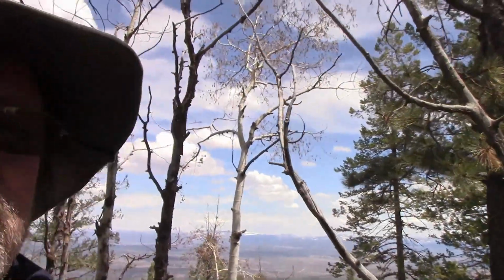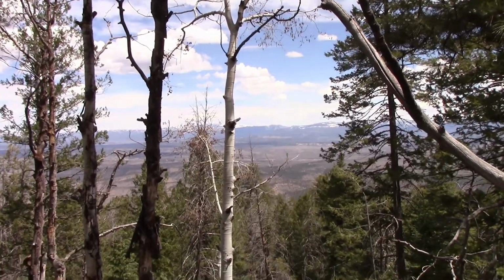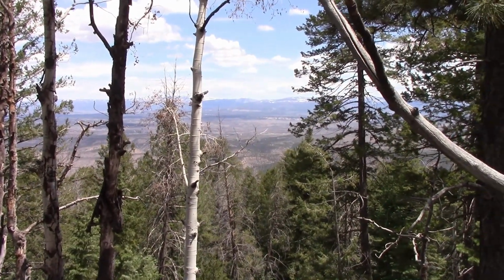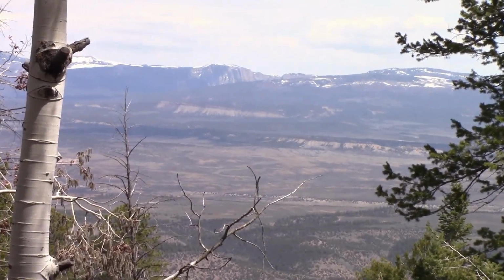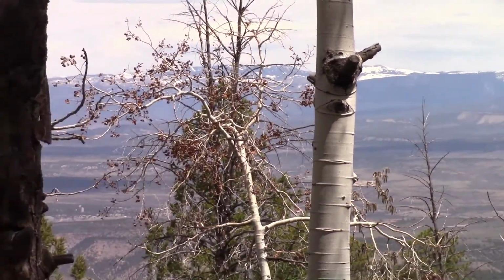All right. Well, we were taking a break up here on top of Gallina Peak and having a cold liquid refreshment. And I just had to turn the camera on and show you what we got looking across here. And it really is spectacular. Turn my camera around, a little bit shaky, but if you look back off in the distance, if we zoom in a little bit, that is Brazos Peak. I'm guessing that's probably about 45 to 50 miles away, so we got a good view all the way up and down this